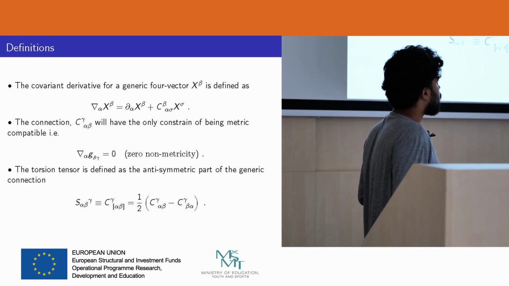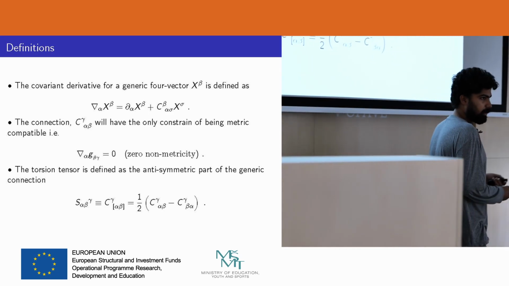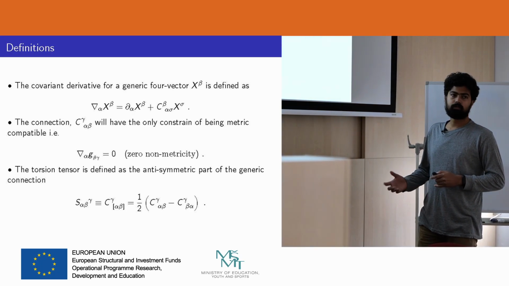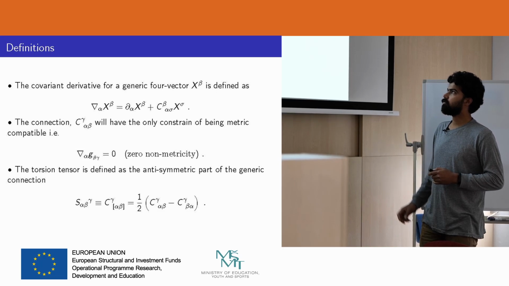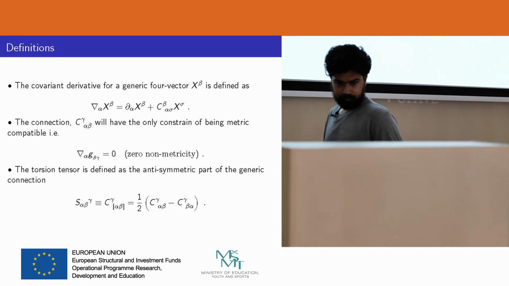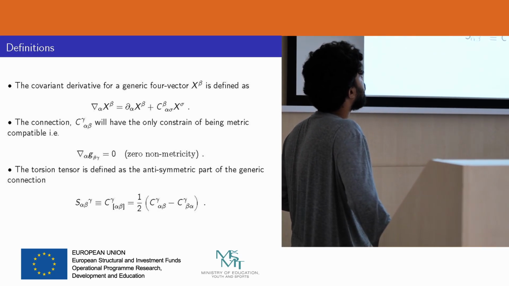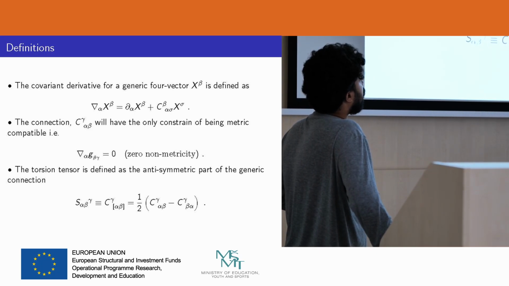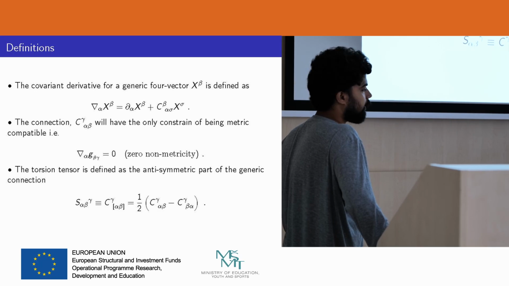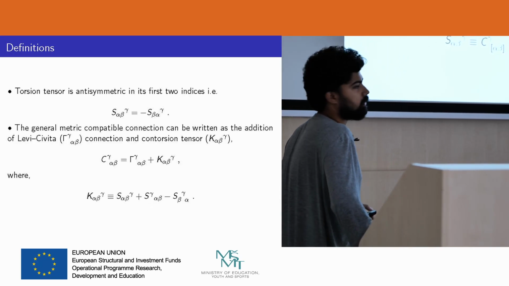So it's a generic connection, and we have only the constraint here that the metric should not be changed, it should be parallelly propagated in the space time. So we are assuming zero non-metricity, and we define the torsion tensor to be the antisymmetric part of the generic tensor C. So you see here by construction this S, which is called the torsion tensor,